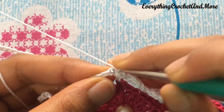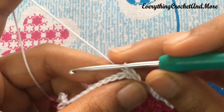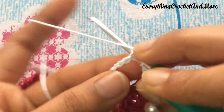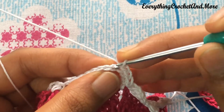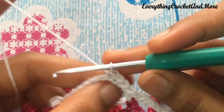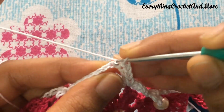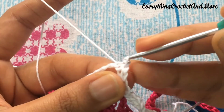Again put your hook in the back loop of the next chain stitch and a slip stitch. Again put your hook in the back loop of the next chain stitch and a slip stitch. Again a slip stitch. 4 done, 1 more to go. So again put your hook in the next chain stitch in the back loop and a slip